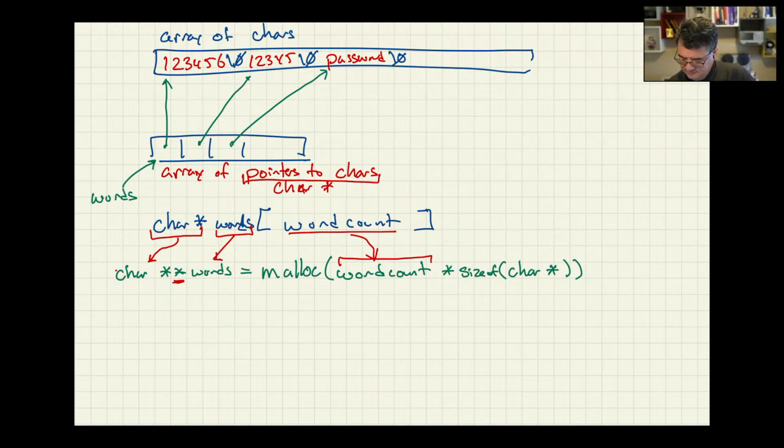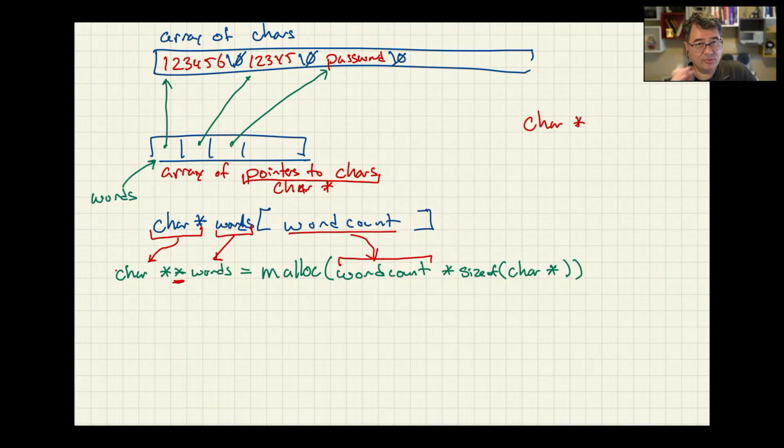Could you explain exactly how the pointer to pointer works? So all it says is it's a pointer, but the thing it points to is also a pointer. Do you see the two arrows here? When I had one single arrow, I said this is a pointer to a character, and I wrote that as character star. But this pointer is pointing to this pointer. So it's a pointer to a character pointer.